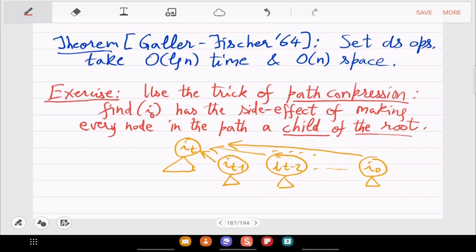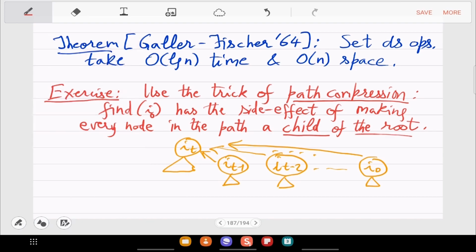When you called find on I0, the path which takes you to the root, which is IT, is I0, I1, dot dot, IT. As you are traversing that path, in the end what you can do is just disconnect these and directly connect them to the root. This is a trick called path compression, and this gives some amazing improvements